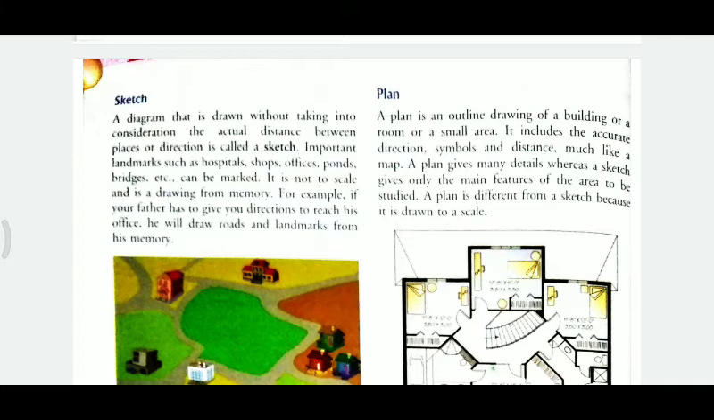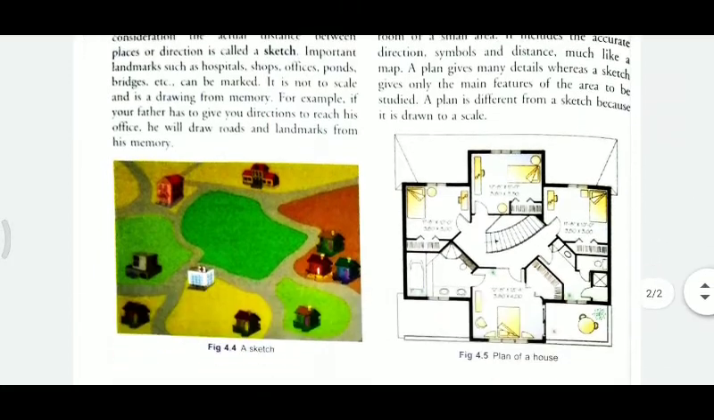Important landmarks such as hospitals, shops, offices, ponds, bridges, etc. can be marked. It is not to scale and is a drawing from memory. For example, if your father has to give you directions to reach his office, he will draw routes and landmarks from his memory. Dear student, on the basis of this information, we can say